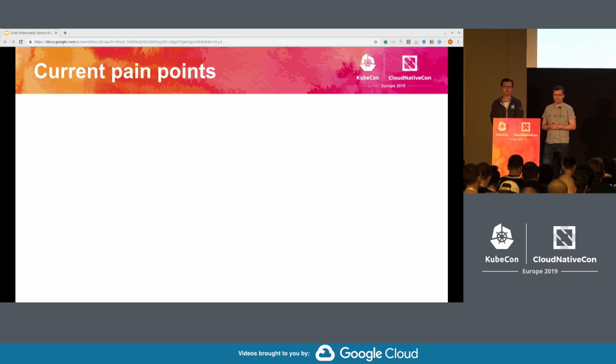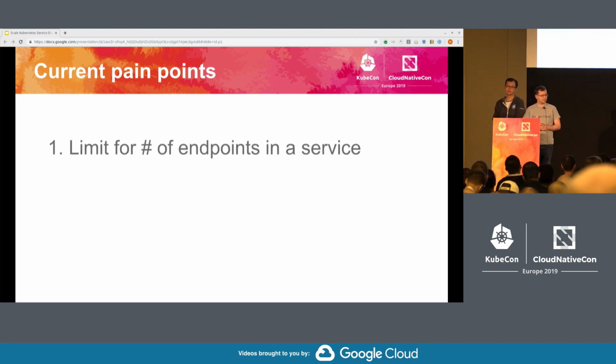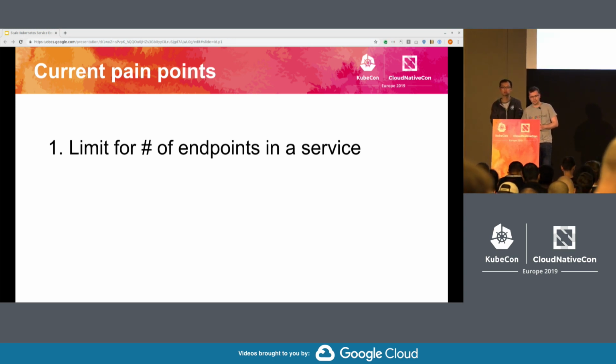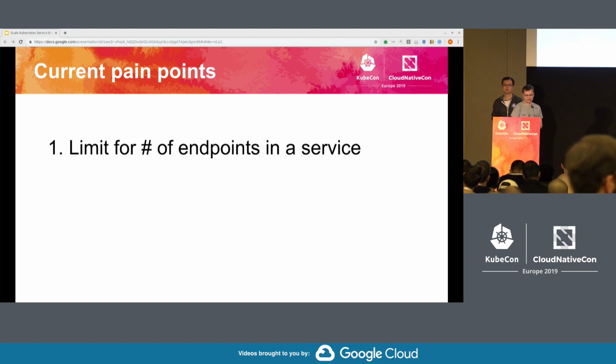There are basically two main problems that users are facing currently in this area. The first one is that there is a limitation for the number of endpoints that you can have in a single service. I will talk a little bit more about both of these in the next slides.